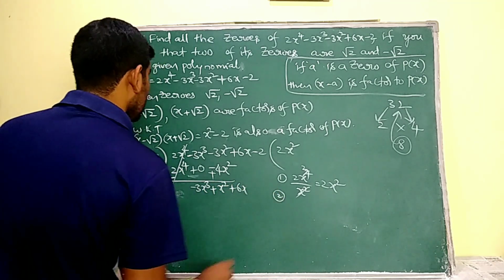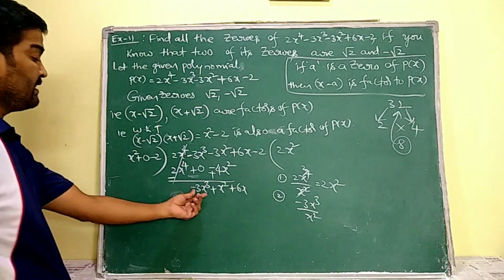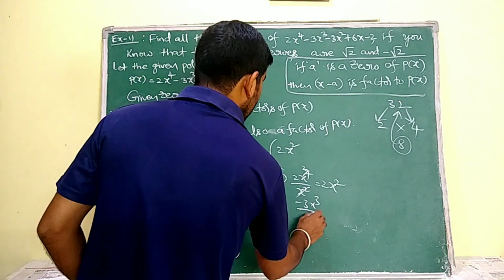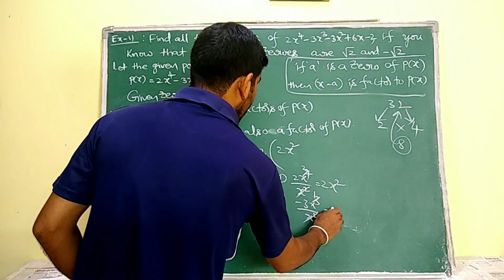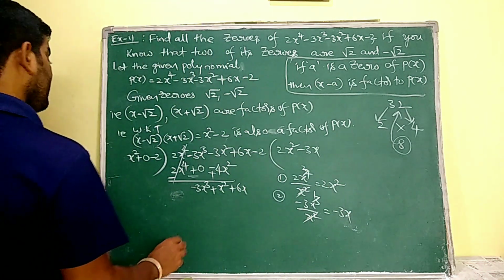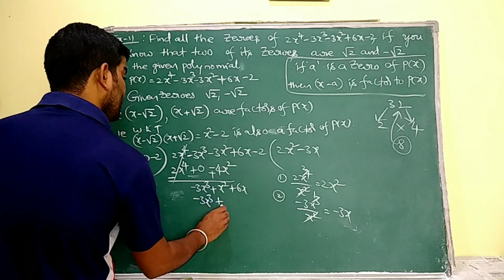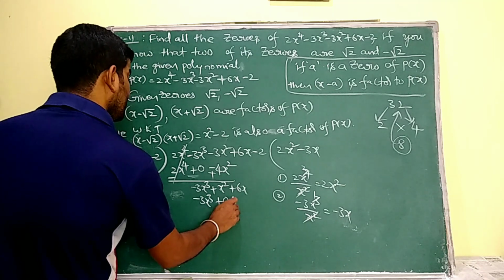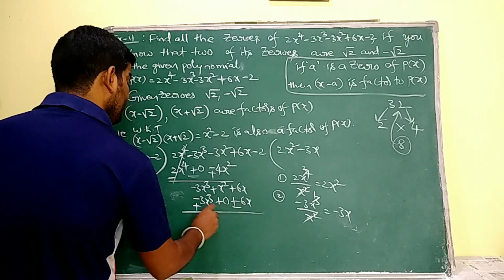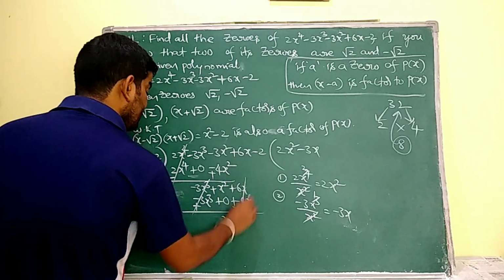The second term in the quotient is minus 3x cube by x square. Why? Because here the first term is minus 3x cube, and we divide this first term by the first term of the divisor. The x square and x square are going to be cancelled. Then minus 3x is our second term in the quotient. So minus 3x into x square is minus 3x cube. Minus 3x into 0 is 0. Minus minus is plus 6x. It is plus, it is minus. These two are going to be cancelled, and x square and these are also going to be cancelled.